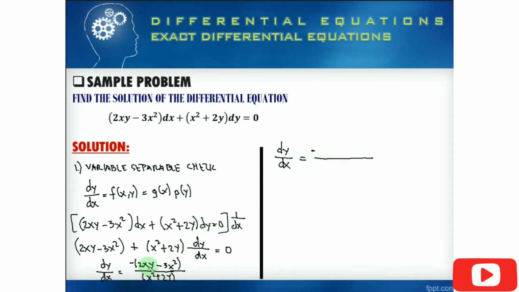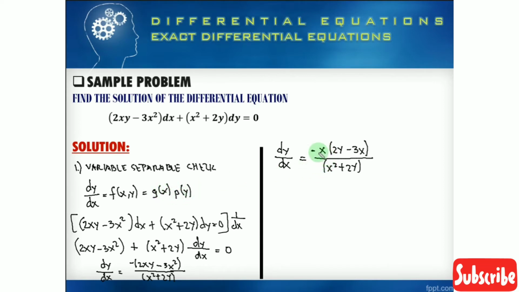The common variable here is x, so we extract the x, and then we have negative x times 2y minus 3x, and the other one is x squared plus 2y. Okay, so do you think this will comply with the form dy over dx equals j as a function of x times b as a function of y,